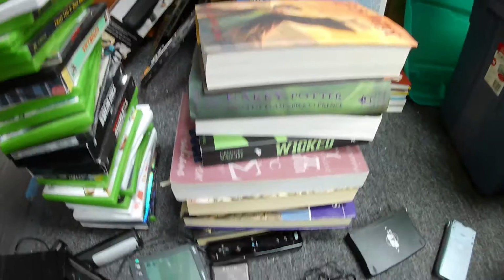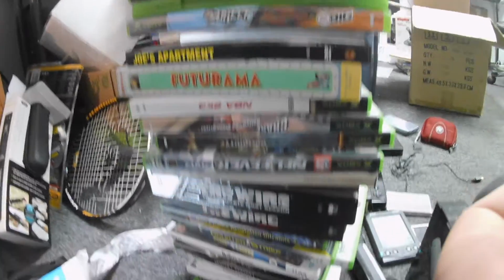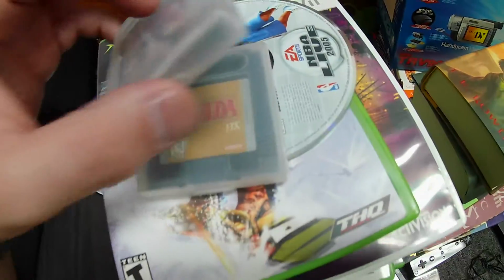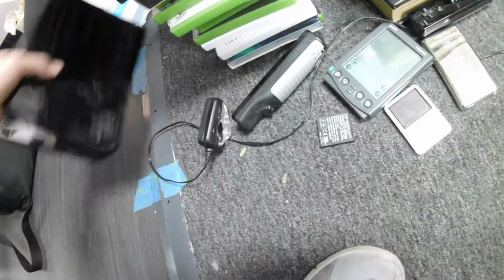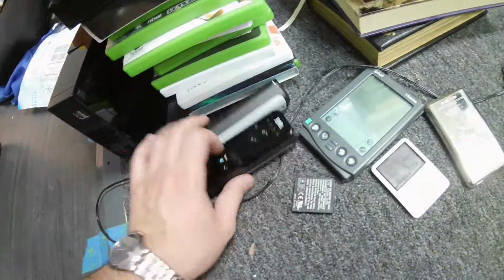Hey guys, so we're in the office right now, just showing you what we got from that specific sourcing mini trip we did. So we got all of those games and some DVDs. We got Zelda for a Game Boy. I think that might be really good. We got a Wii but no cables. We got some controllers for the Wii,